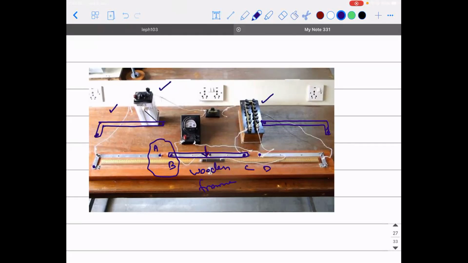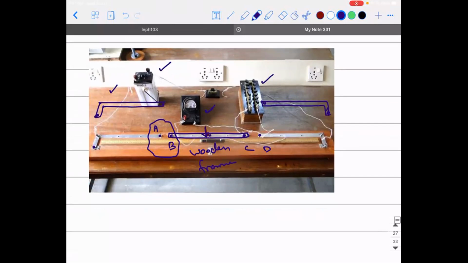Next, you have a screw at the center, to which the galvanometer will be connected. And one point that is missing here is you will have a wire here. You are able to see some patch. Actually, there is a wire on which you will be sliding a device called a jockey. This black color thing is called a jockey. The jockey is nothing but a metallic rod which is used